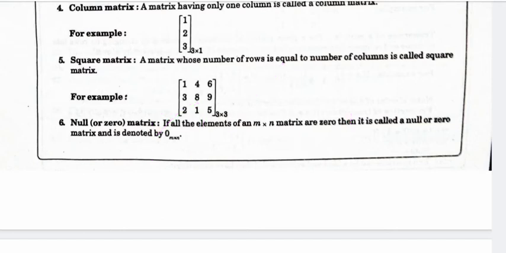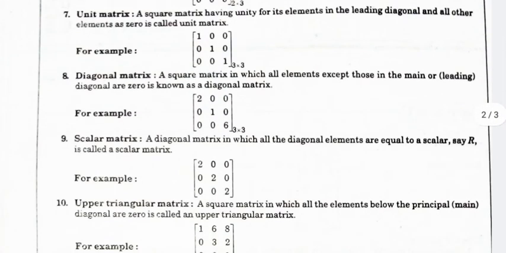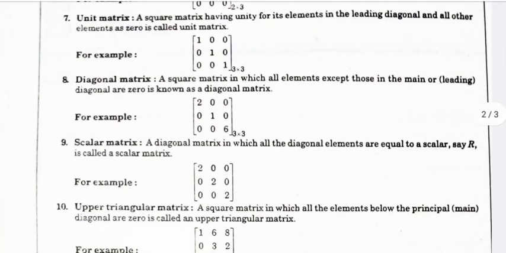Now come to the next type of matrix, the unit matrix. A unit matrix is defined as a square matrix having unity for its elements in the leading diagonal, and all other elements 0. For example, here 1 0 0, 0 1 0, 0 0 1 is a unit matrix, and it is also a square matrix. Okay, now next